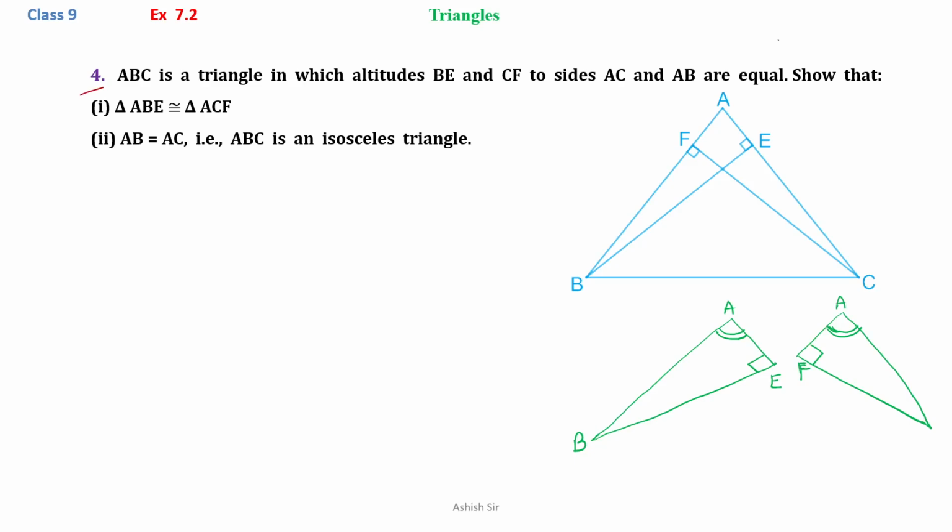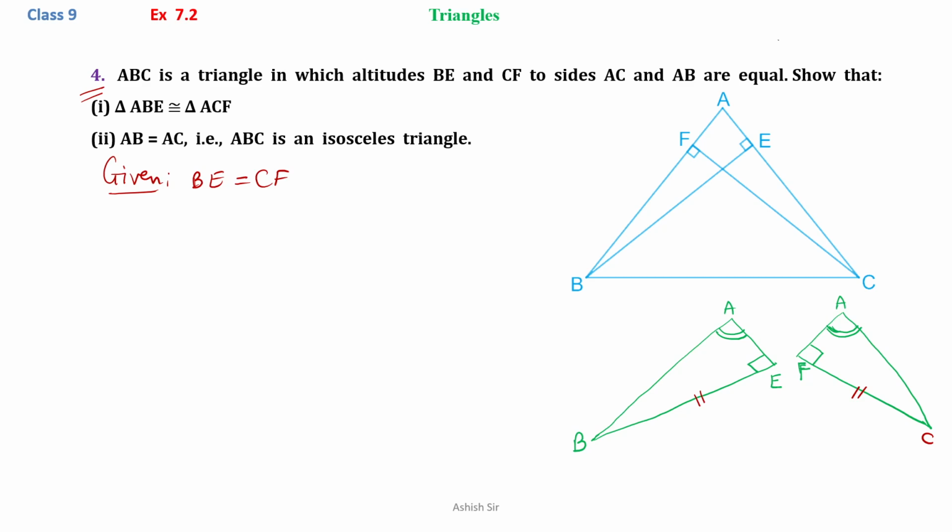Exercise 7.2, question number 4. ABC is a triangle in which altitudes BE and CF to the sides AC and AB are equal. So, the given thing here is that BE is equal to CF, and BE and CF are altitudes. So, we mark up here that BE is equal to CF. The two altitudes are equal, and